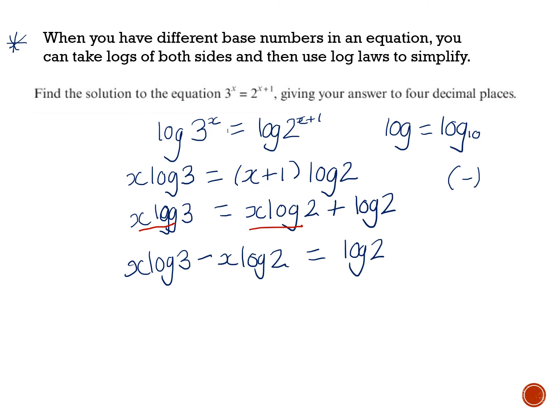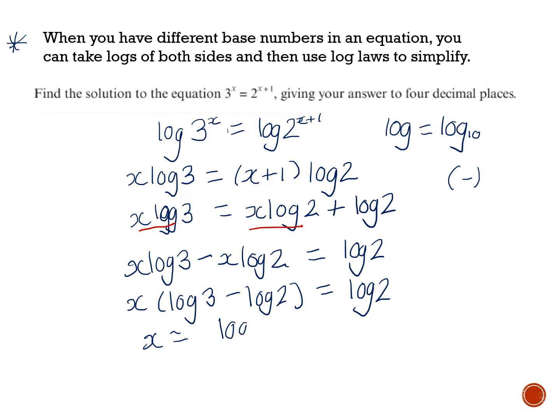Here's the bit you need to remember. I then take out x as a factor. x (log 3 minus log 2). I know it looks really complicated, but do remember these are all just numbers. Log 3 is a number, log 2 is a number, log 2 is a number. And my final step,